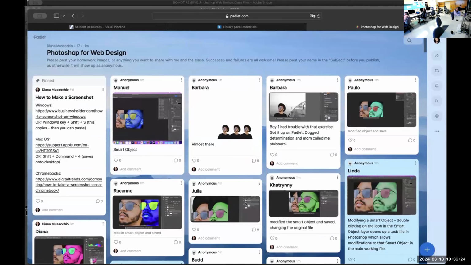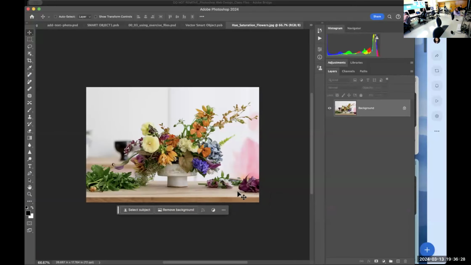Okay. So all of that is going to be non-destructive ways of changing this. There's so many other things we can do to this photo. But now there's a few things that are